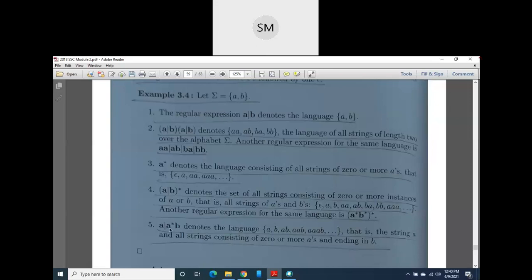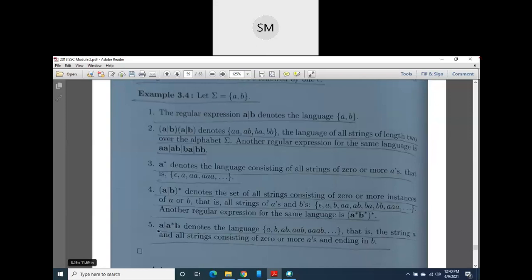Then the last one, one more example. If you consider the regular expression A unioned with A star B, it means 0 or more A's are there, but at least one A is there, okay? One A is there, or else one B is there, okay? Because of that I have written only one A, and if you remove this A, you will get only this one, and here also 0 A's are there, then there will be only one B, so I have written B here.